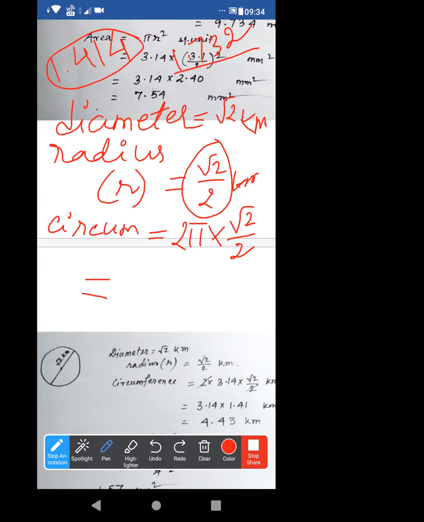Now just look, 2 pi r. These two will be cancelled out. Yes or no? Now pi means 3.14, into root 2 means 1.414. Just take two significant digits. Okay. Now just do the calculation. Multiply it. The concept, how it came, is clear. So now you have to do the multiplication yourself. But do not use the calculator.